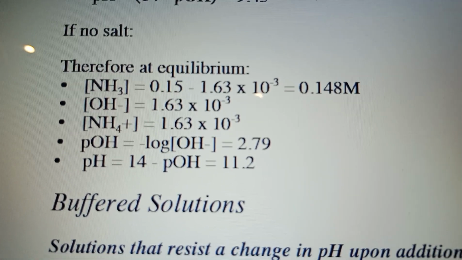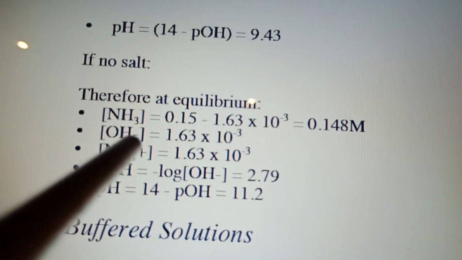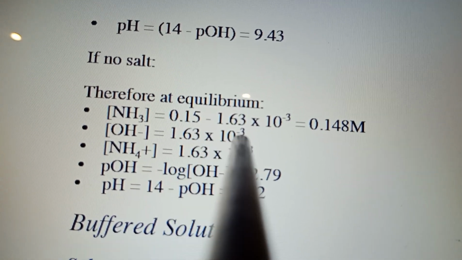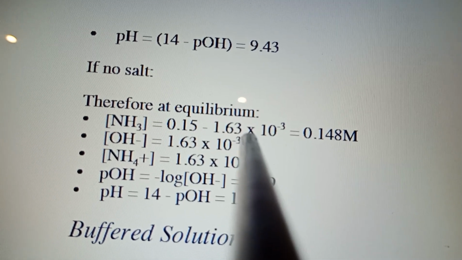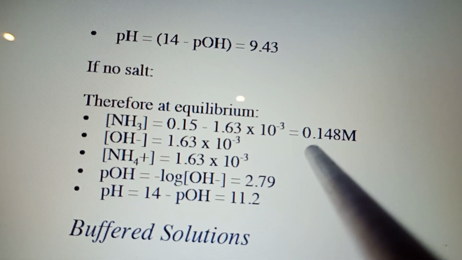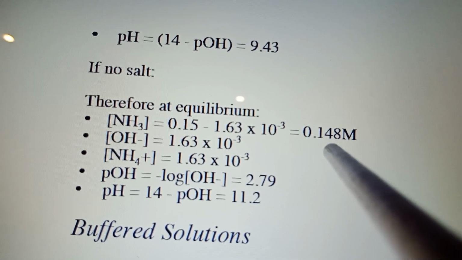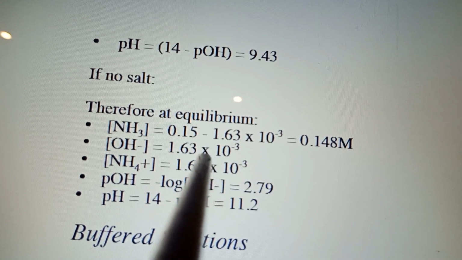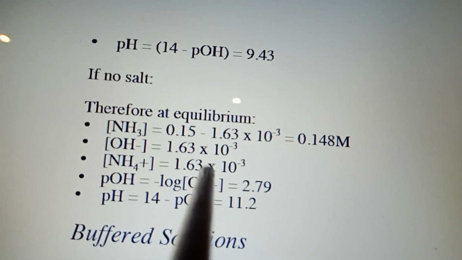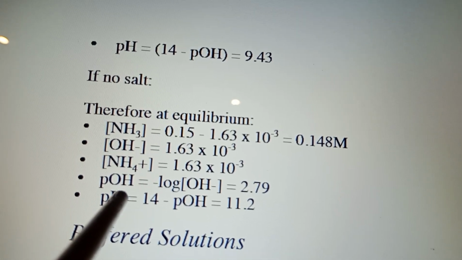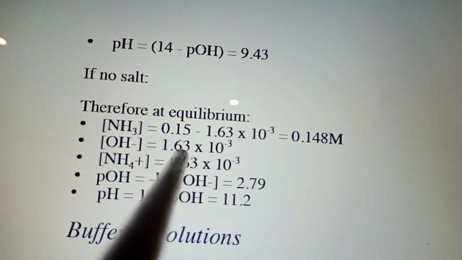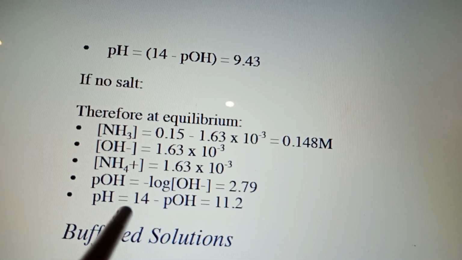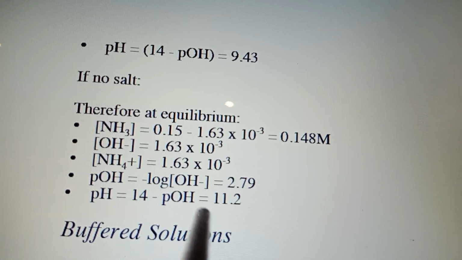Similarly, if no salt was added, the concentration of ammonia is actually 0.15 molar, and with the concentration that is dissociated, the overall concentration of ammonia is 0.148 molar. So the concentration of the species dissociated is equal to the concentration of hydroxyl ion and the ammonium ion. So pOH for the concentration of hydroxyl ion is 2.979 and pH is 11.2. So here we have seen that the